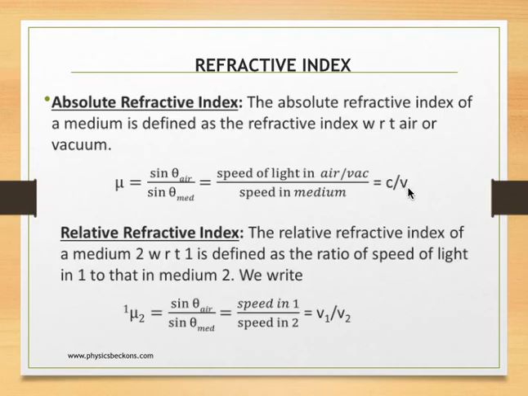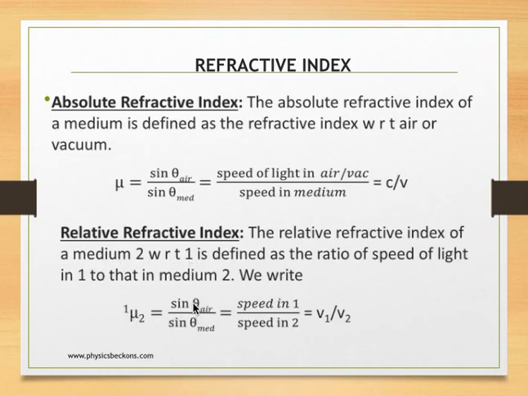Relative refractive index is defined as refractive index of one medium with respect to another. For example, the light may be traveling from glass to water or water to glass. Accordingly, the refractive index may be measured for glass with respect to water or water with respect to glass. Here, if you have two media denoted by medium 2 and medium 1, we have refractive index of 2 with